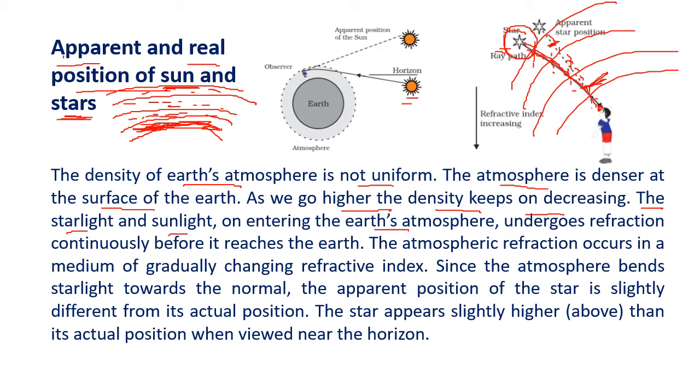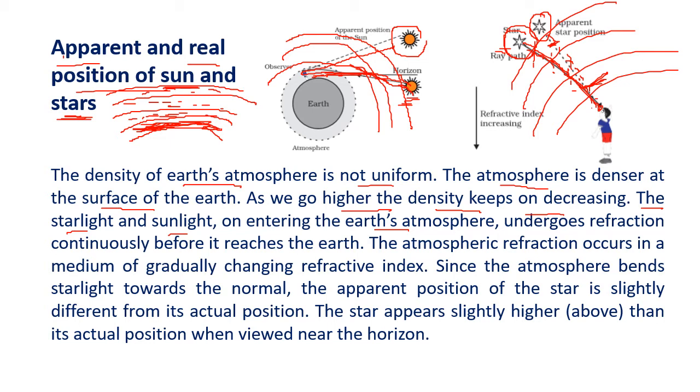But because of the bending at each surface, the person can see the star in the apparent position. If you look at the sun at the horizon, we can see again the different layers. This is a rough drawing. At each layer, light is bending towards the normal. So this is where we see the light. So the sunlight, when it is at the horizon, is bending at each level and reaching the eye. So the person can see the sun in the apparent position.